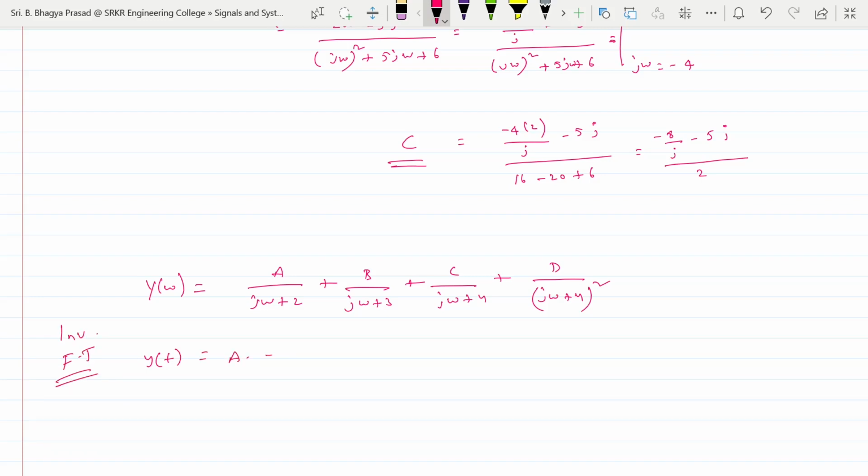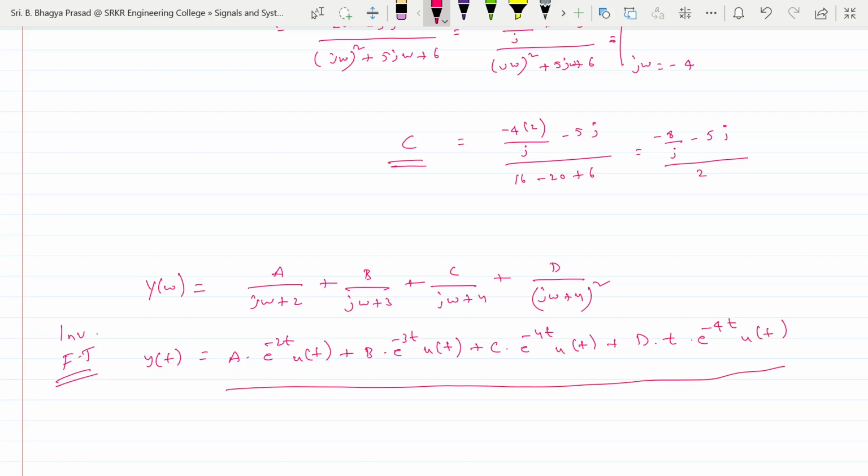So a into e power minus 2t u of t plus b into e power minus 3t u of t plus c into e power minus 4t u of t plus d into, and in the denominator this is square, so you multiply with t e power minus 4t u of t. So this is your response y of t for the input